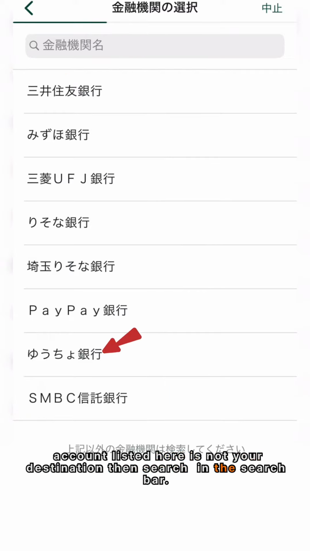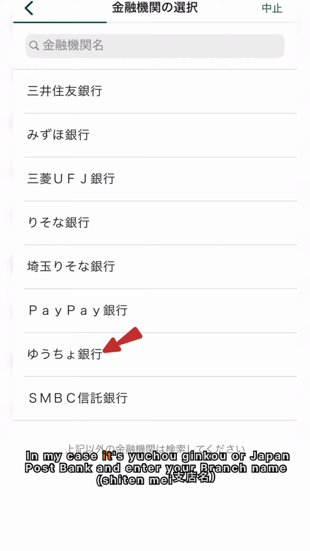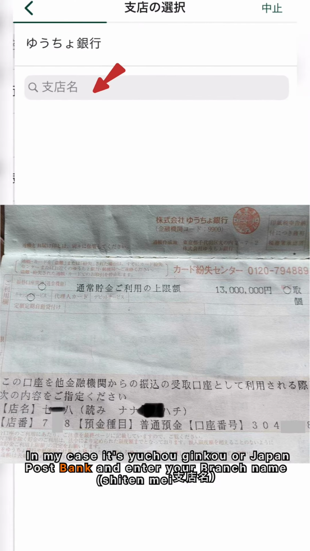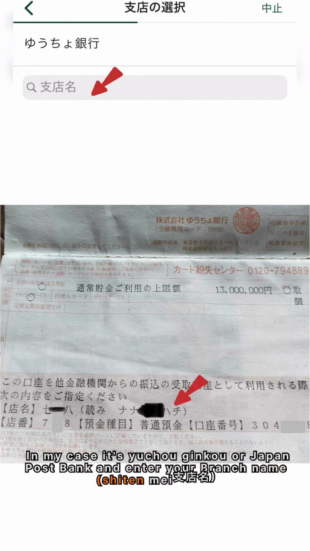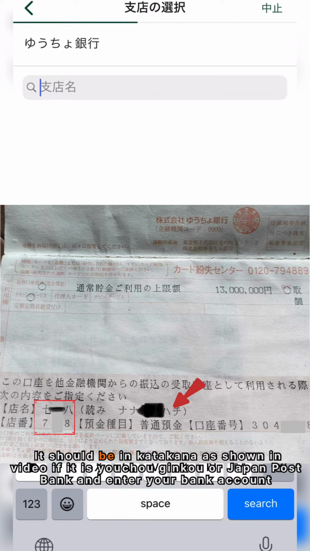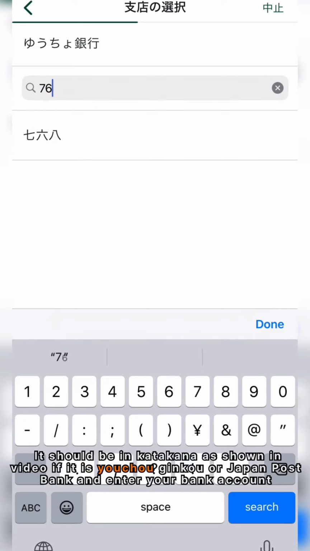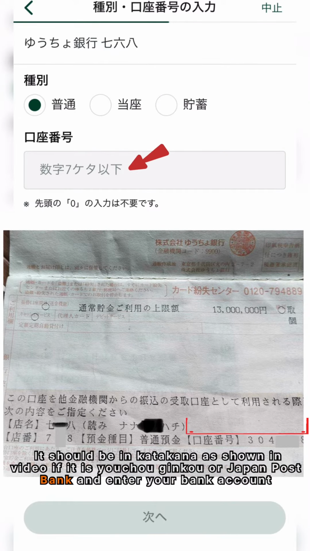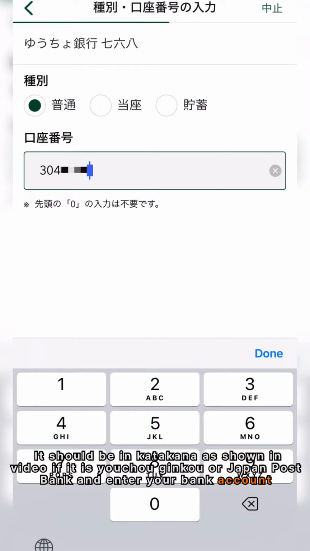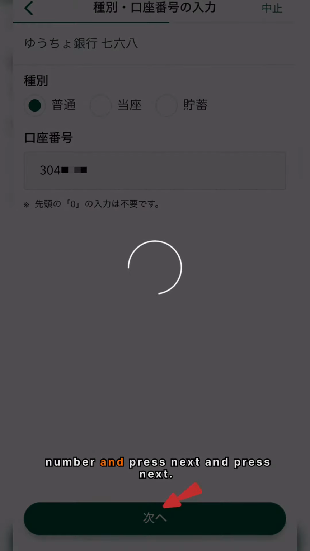Then search in the search bar. In my case it's Yucho Ginko or Japan Post Bank, and enter your Meigi. It should be in the katakana if Yucho Ginko or Japan Post Bank, and enter your bank account number and press next